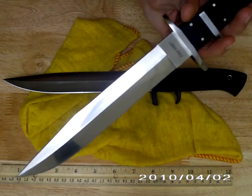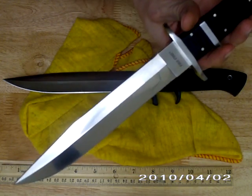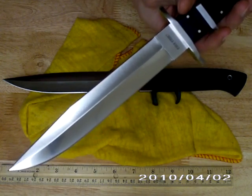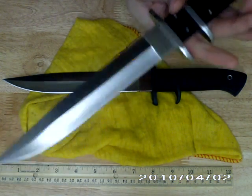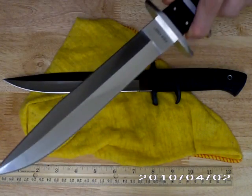If you were to find the new version, the Sanmai sandwich steel version, that knife is probably $200 at the lowest to $250 at the highest price, and I know that's kind of a big range, but I don't have the specs right here in front of me. This knife is excellent. Absolutely fantastic. I know right now I keep talking about the Sanmai one and I don't have it, but it